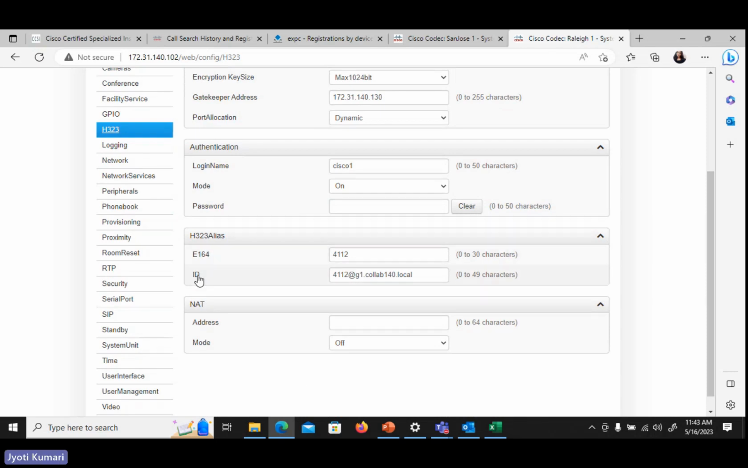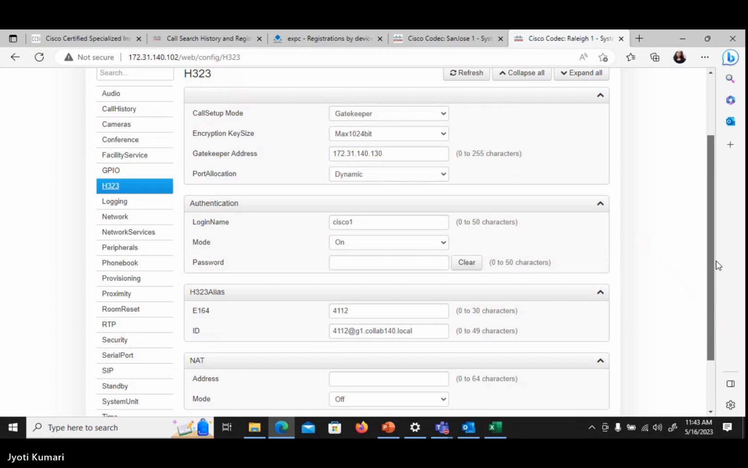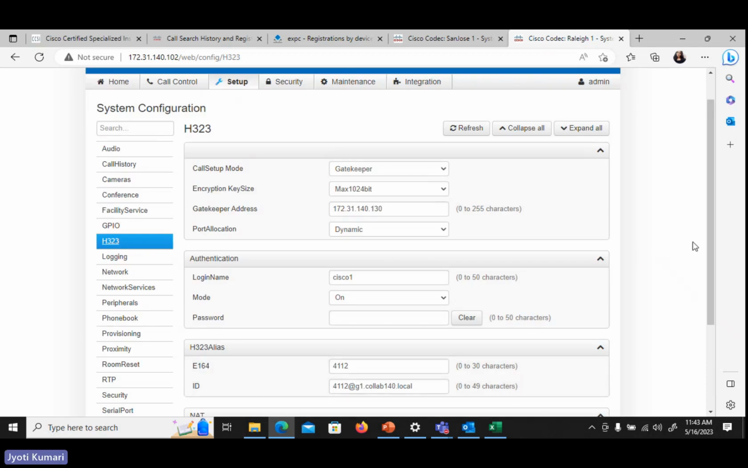Here are the two IDs. We have the E.164 format ID for H323 endpoints, and we have the H323 ID, which is in the URI format. In E.164, it is only numeric, so we can only define the number. For this one, we have 4112, and the ID is 4112 at the rate domain name. So this is fine. If it is not already configured, you'll have to configure it, save it, and then